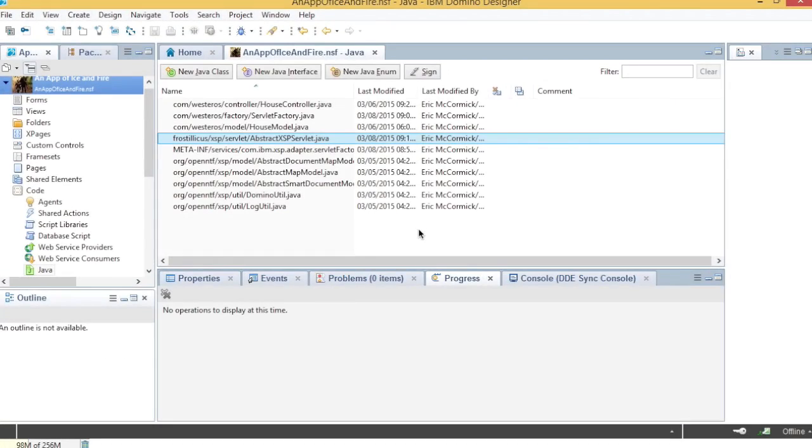Actually creating the servlet, I'm going to follow the same approach that I concluded with in my blog post on the subject. There are basically three main flavors of servlets that you can more or less do. You can take a frameworked approach like Jesse Gallagher's Frostillicus XSP servlet, AbstractXSPServlet. That's what I'm going to use. Or you can use a custom modification of the designer faceless servlet, which it uses. That would be